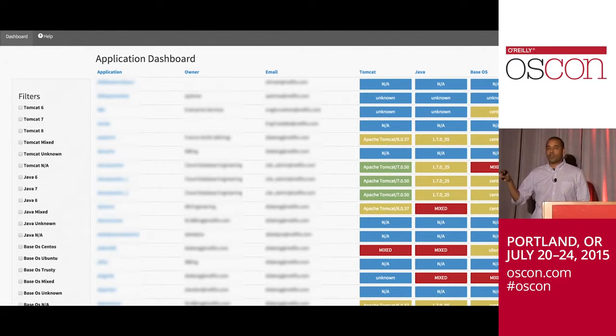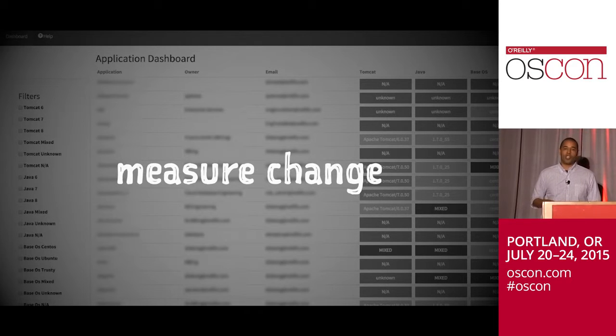And so in order to successfully do this, we have to really measure change. This is an example of a tool we built internally that takes stock of it. It communicates with all running instances in our cloud and determines certain metrics like what version of Java they're on, what version of Tomcat, and we can essentially at any given time ask the question, who's on Java 7, and we need to communicate with them, and then also measure how far we've gone through the migration. And so in order to make change effective, we really have to be able to measure that change.